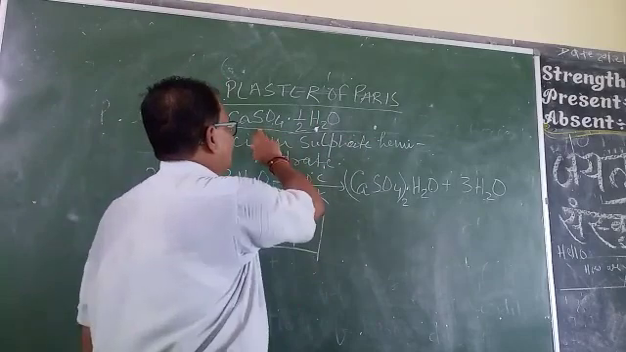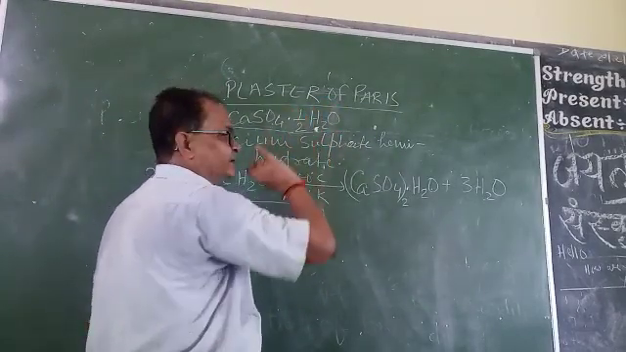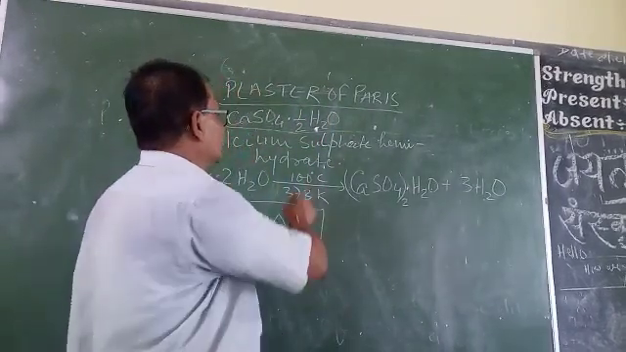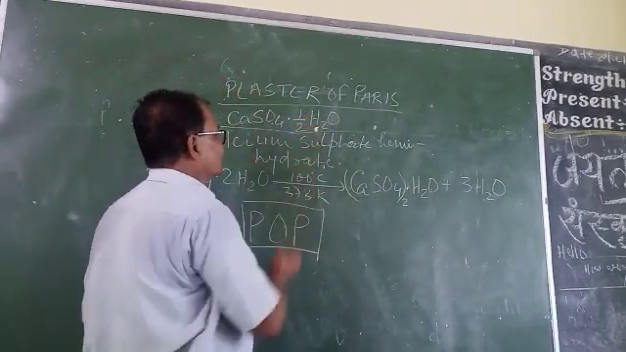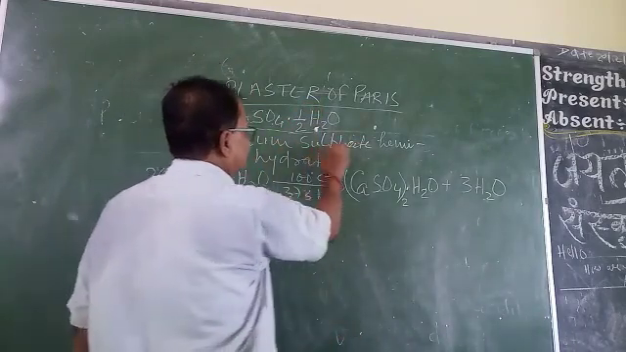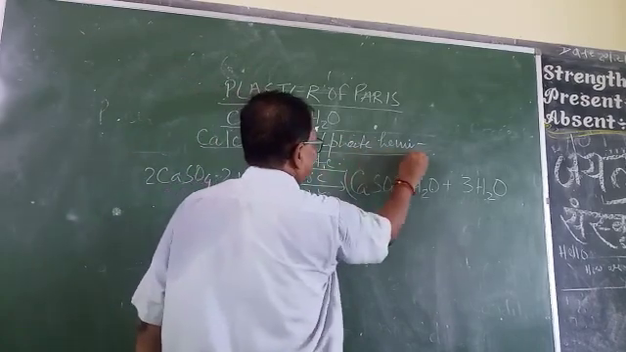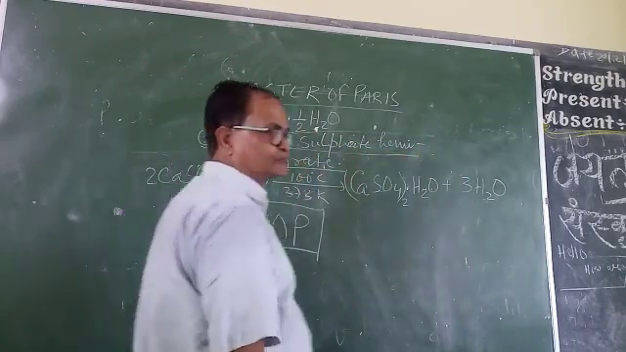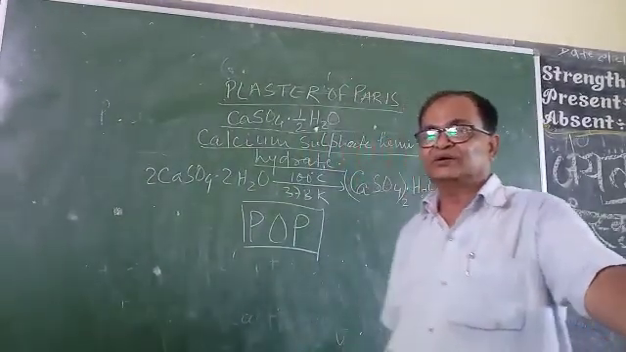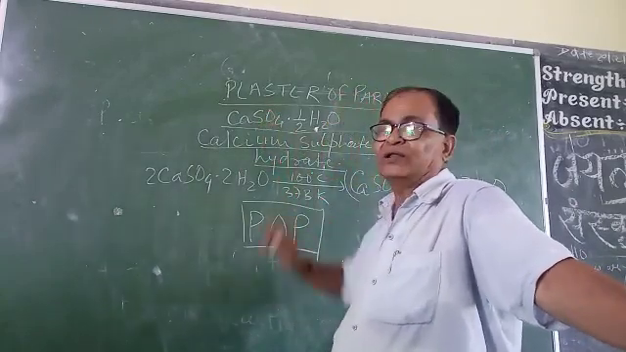CaSO4 half H2O, that is, this water molecule is present in the calcium sulfate molecule as water of crystallization. Chemically it is named calcium sulfate hemihydrate. It is known as plaster of Paris due to the reason that first of all it is